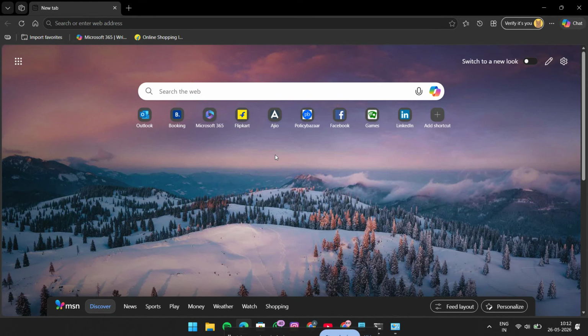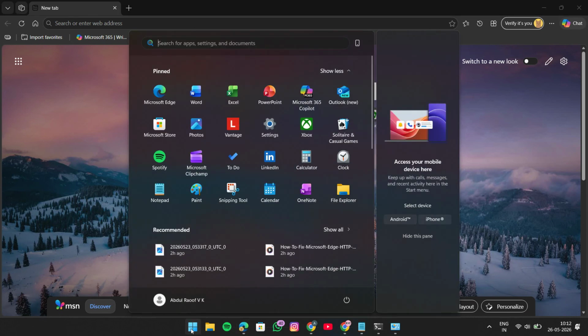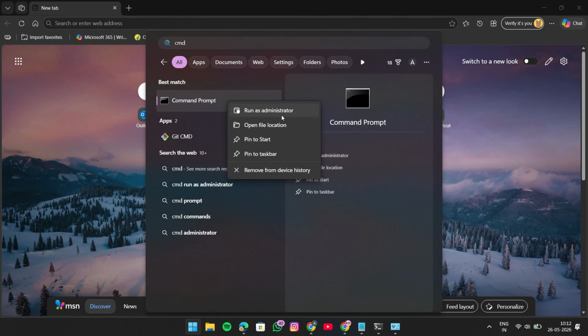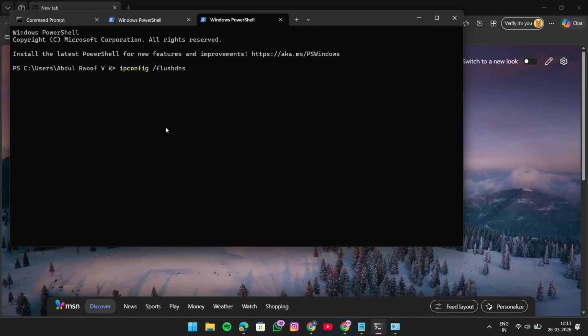First, we're going to clear your DNS cache because a corrupted or outdated DNS record can sometimes cause Microsoft Edge to fail when trying to connect to websites. To do that, click the Start menu, type CMD, and open Command Prompt. You can also open it as an administrator if needed, but for this step, the basic command prompt is usually enough. Once the command prompt window opens, type